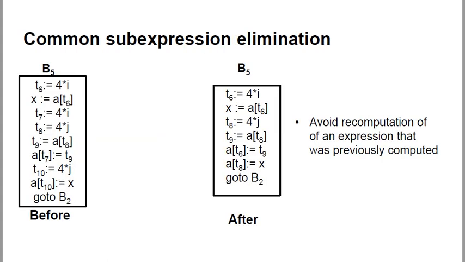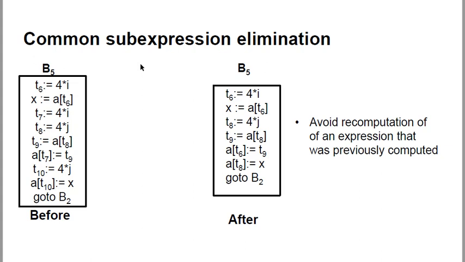So what is meant by common sub-expression elimination? From this term, you can understand that it deals with some expression which is common in some parts. We can say that an occurrence of an expression is called a common sub-expression if it was previously computed and the values of the variables have not changed since the previous computation. We can avoid recomputing the expression if we can use the previously computed value.